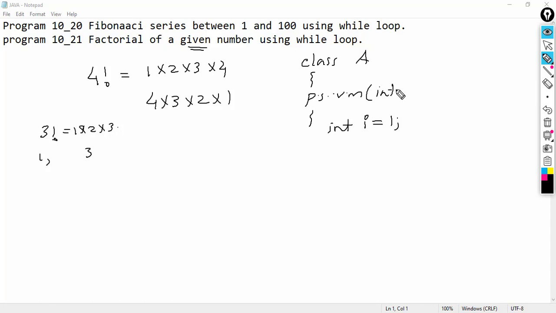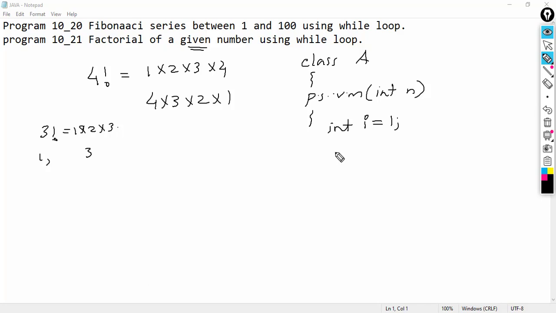Here we are going to declare the parameter int n. So 4 factorial or 3 factorial or anything, that 4 or 3 will be the value of n. So the value of I should start from 1 till n. That's how we have to write the condition.